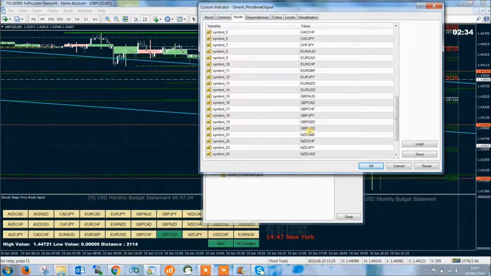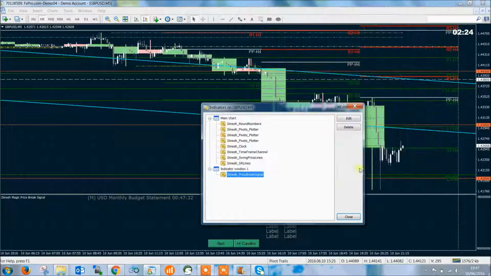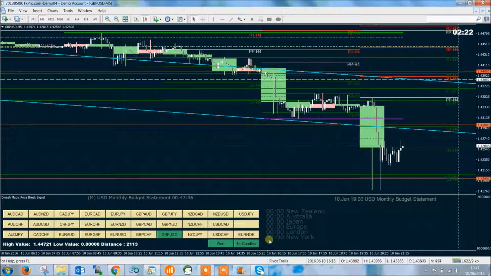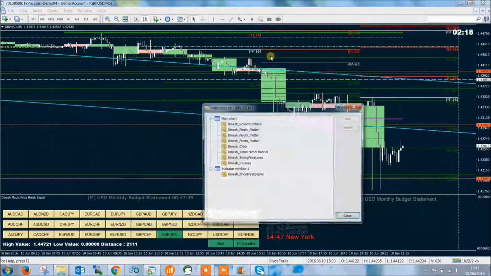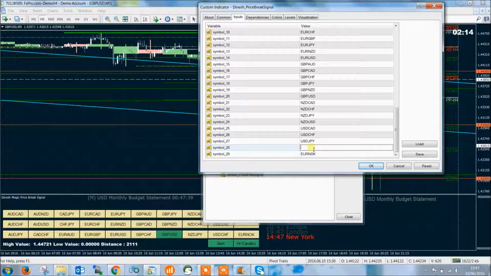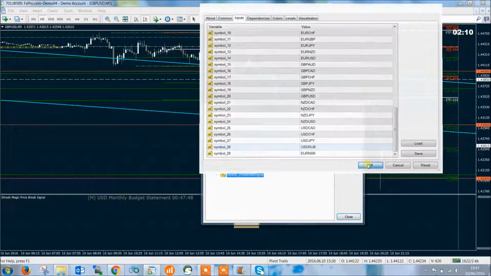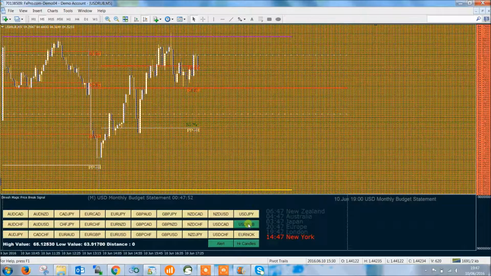And these are the symbols or currency charts that we trade on. You can change it to whichever you want. You can say, I don't want to have this, just take it off and click OK, and then you won't see that. So this is gone. But if you want to configure it to something else, no problem. Go back again and say, I want to see USD RUB. Say OK, and you have USD RUB, and if you click on that, you'll go to the USD RUB chart.